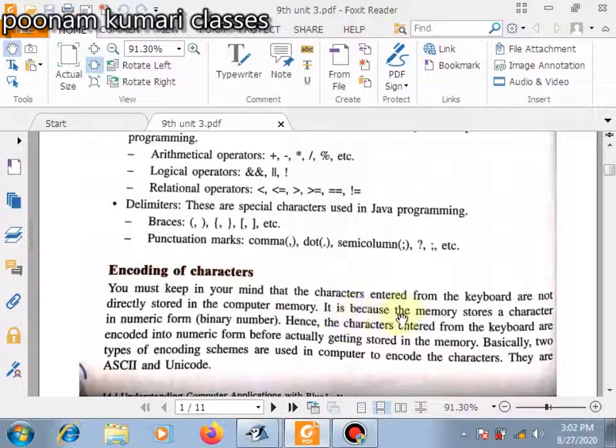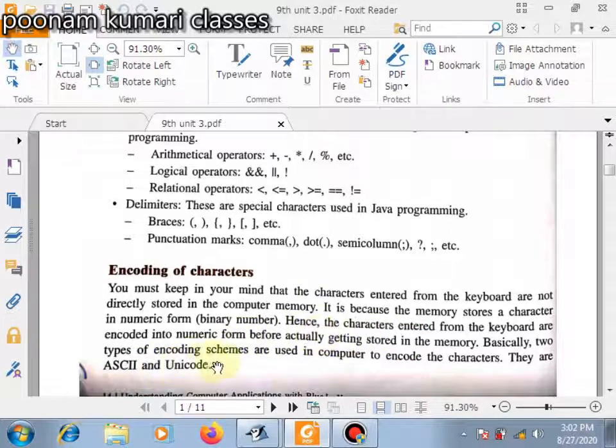Because the memory stores a character in numeric form, as a binary number, because the computer understands only binary language, that is 0 and 1. Hence the characters entered from the keyboard are encoded into numeric form before actually getting stored in the memory. So when we enter any character from the keyboard, it is translated into machine language, so the computer understands it and then does the processing accordingly.